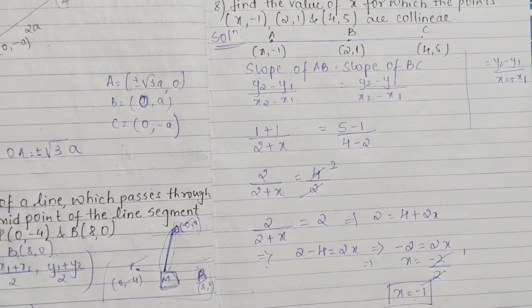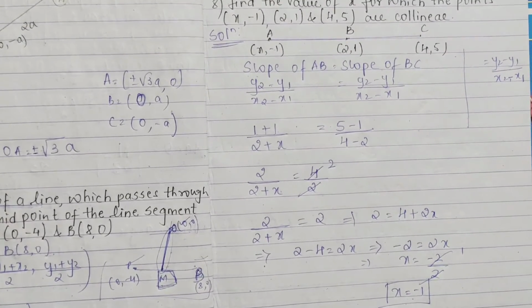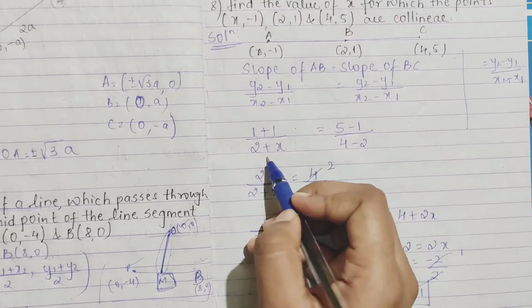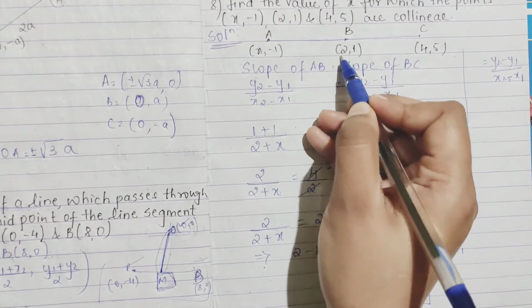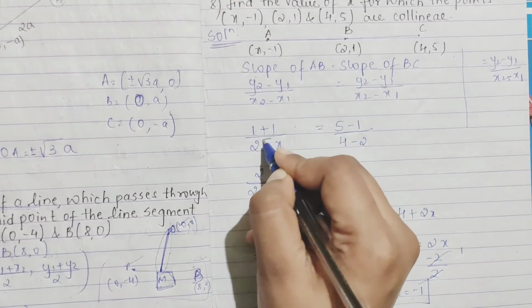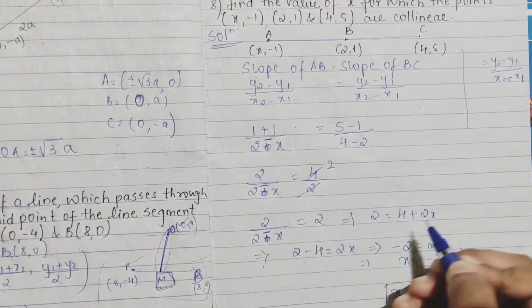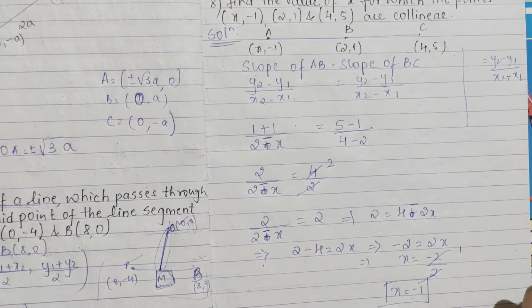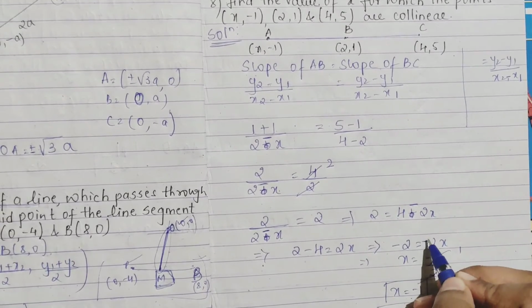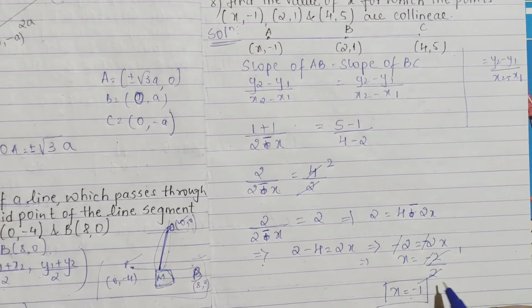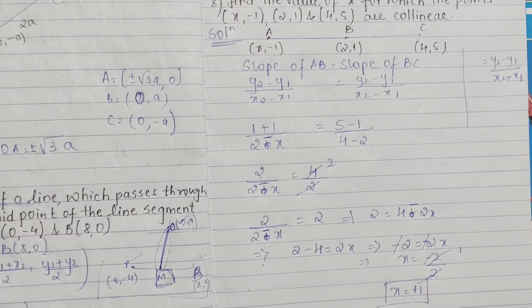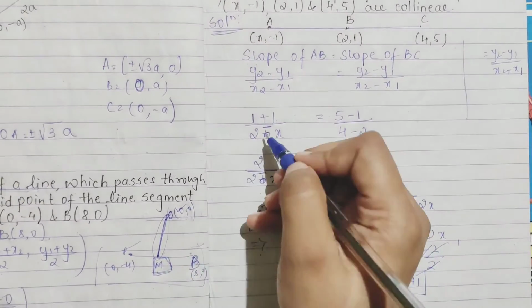X is equal to minus 1, but you can't get minus 1. We have made a mistake somewhere. See here, it is x2 minus x1 and x2 is 2, and here we have made a mistake. Just change the sign, students. We have made such a big mistake. So you'll get minus 2 minus 2x. The minus minus sign cancels and you'll have x as plus 1. Just change the sign here. This is minus only, right?